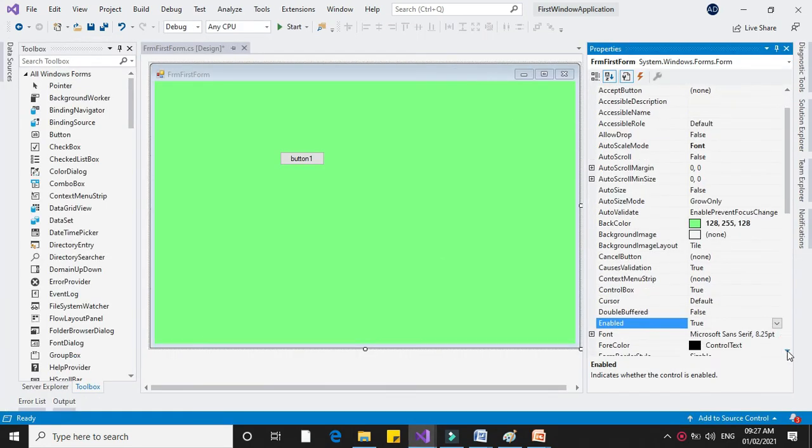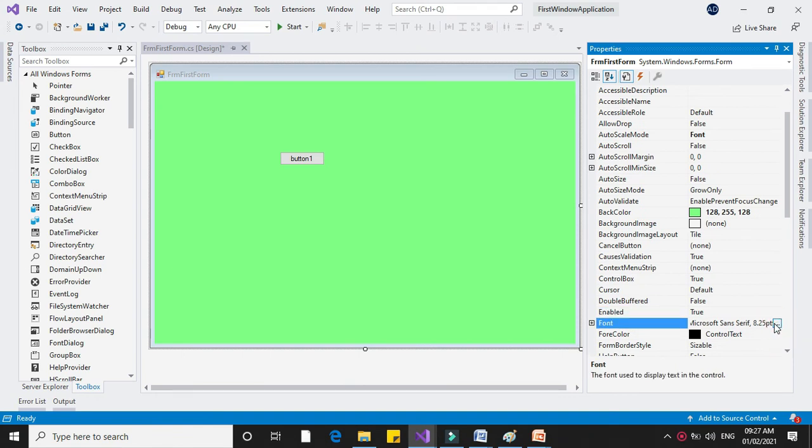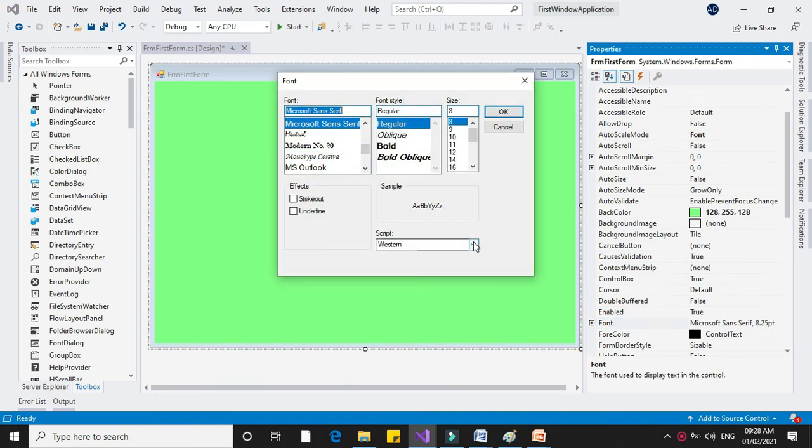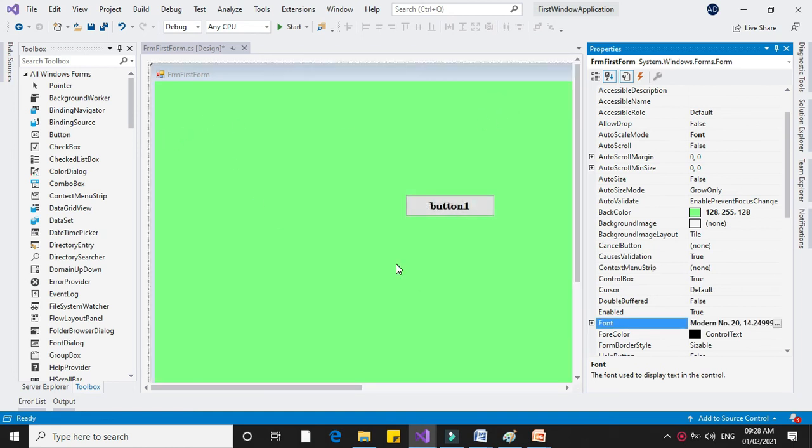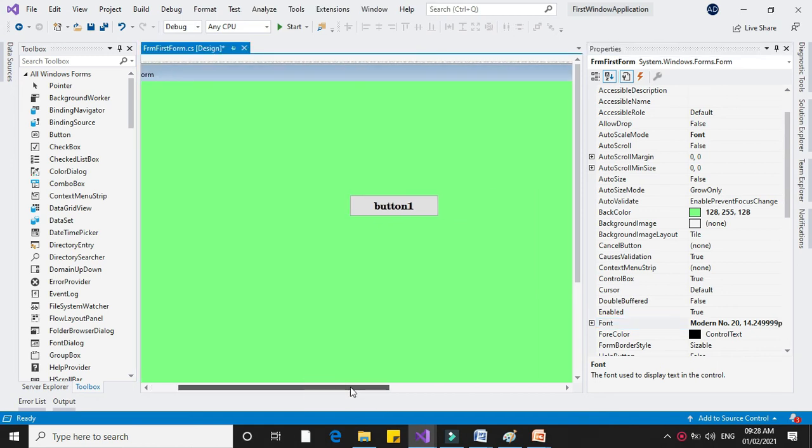Next is font property. You can set the font property from here. If I select bold and 14, the font size is increased, and the form size is also increased.